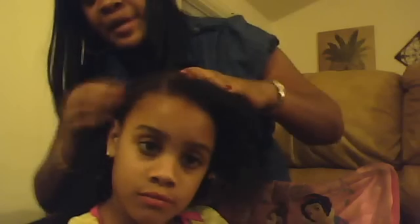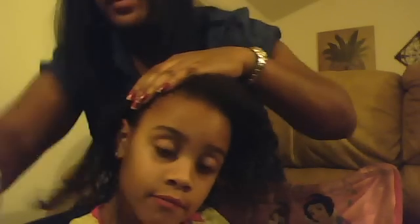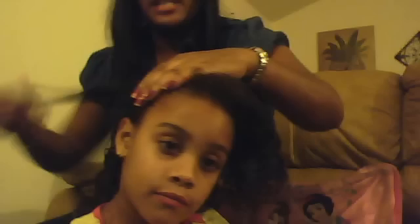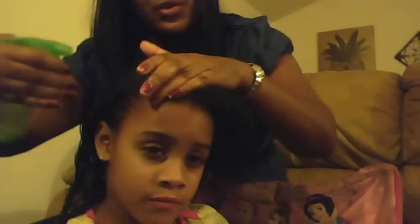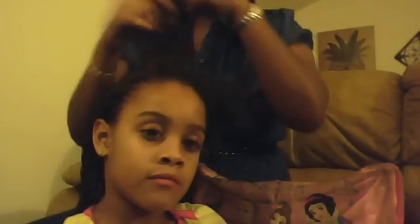Sorry. I'm back. When she sleeps, I put a bonnet on. And it's just a regular bonnet. And when she wakes up in the morning, I just take my water bottle and spritz and play with it just a little bit. And because we put that Shea Moisture and the shea in her hair, it's not super hard, so it's a little bit more manageable